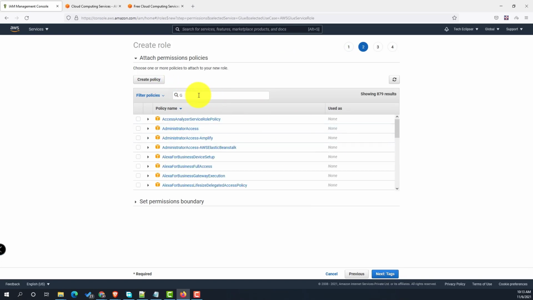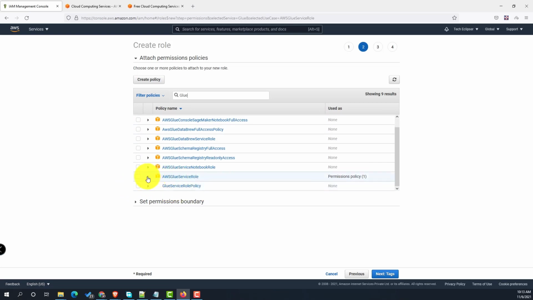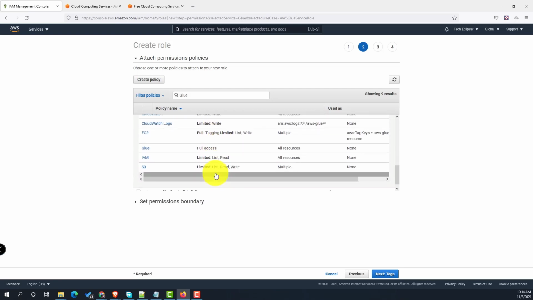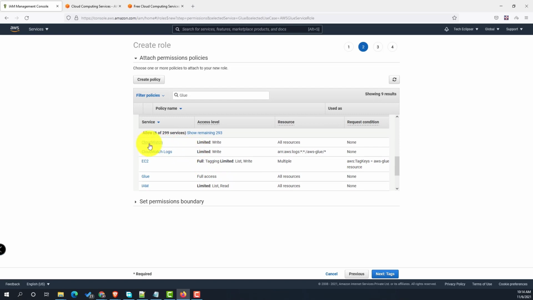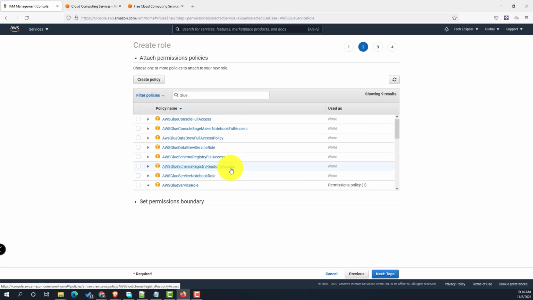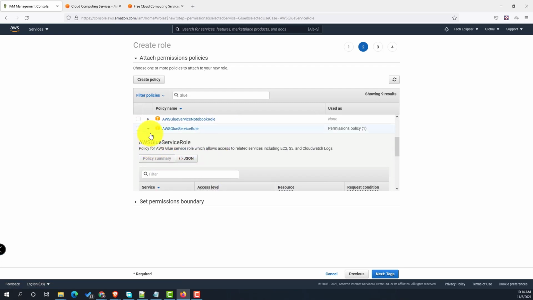Here we will search for Glue. There is already a policy called AWS Glue Service, which we will be using for our demo purpose. If you want to see the list of permissions it already has, you can click here. If you look at it, it has these services: CloudWatch logs, EC2 instance, Glue full access. We will need this. IAM access for reading and writing, and S3 for reading from the S3. Once you have selected this,